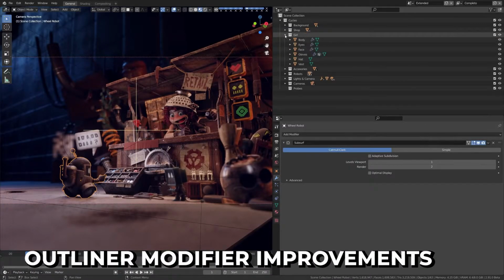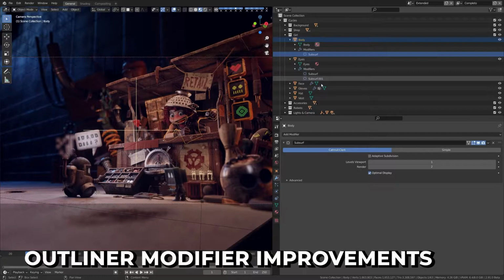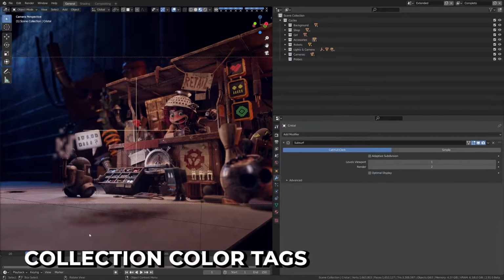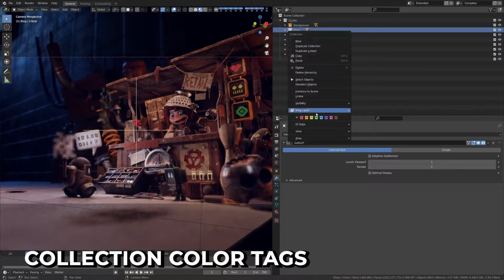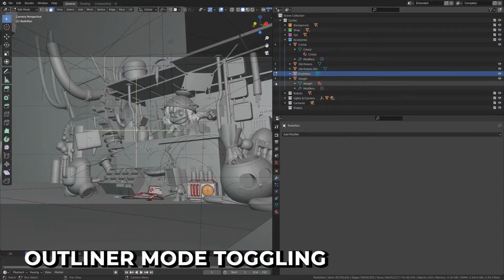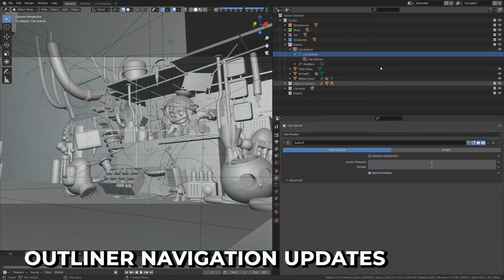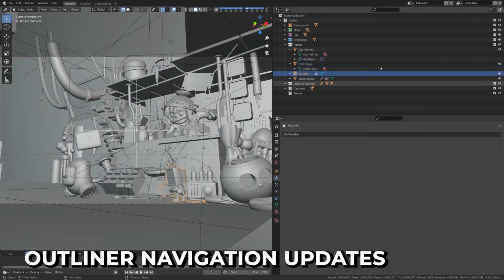Outliner has had a large update. Modifiers, constraints, and grease pencil effects can now be dragged and dropped in the outliner. This means you can spend less time digging through submenus and get more done in the outliner. Collections now have color tags, which is set from the right-click menu, great for organizing full scenes. Mode toggling can now be done in the outliner. Some minor control updates are you can walk left and right in the outliner navigation and shift-click to toggle visibility